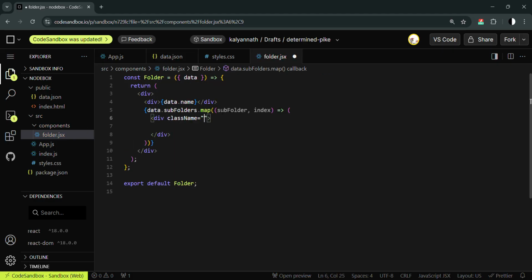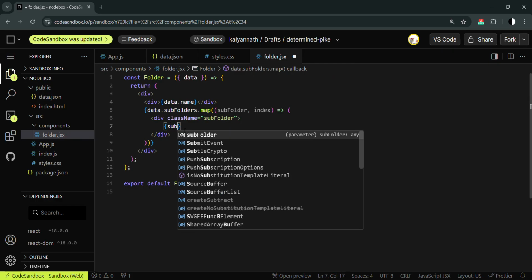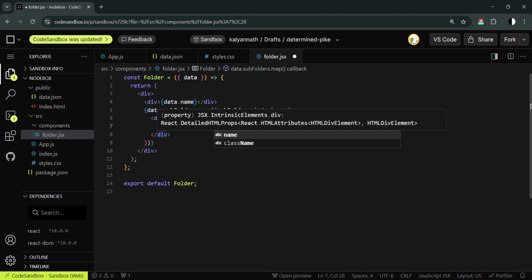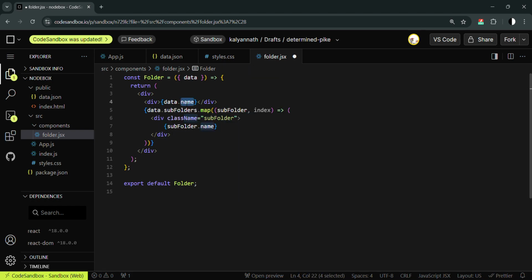So there is a div. I'll take class name as subfolder itself. And I'll display the subfolder.name. So if you observe, there is a folder which has name key, and inside that there is, and inside